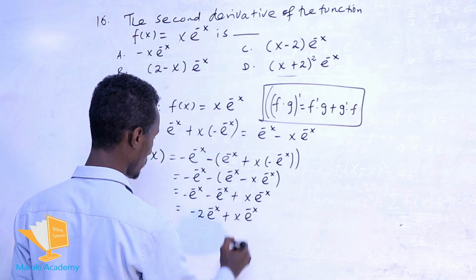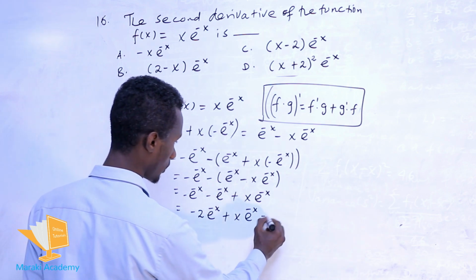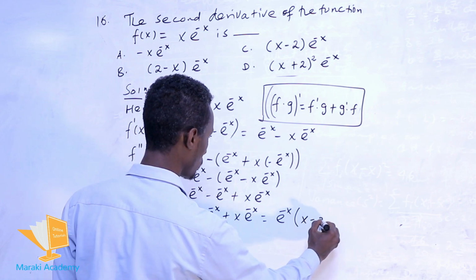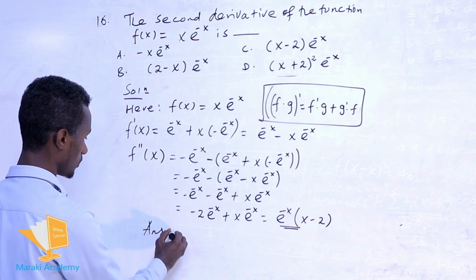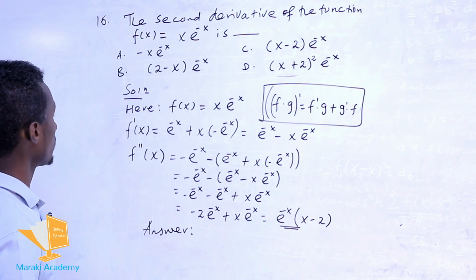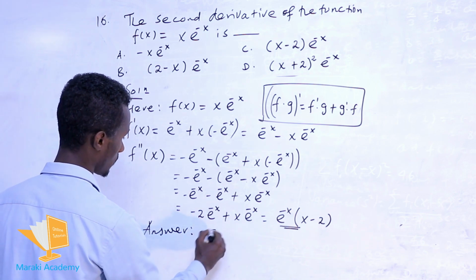ስለዚህ this becomes -2 into e raised of minus of x plus x times e raised of minus of x ይሆናል። ከዛ ኮመኑን እናወጣለን። ኮመናችን ማለት ነው e raised of minus of x ነው። ስለዚህ e raised of minus of x into x minus 2 ይሆናል ማለት ነው። ስለዚህ therefore the answer is in choice C ነው ማለት choice C ነው ማለት።